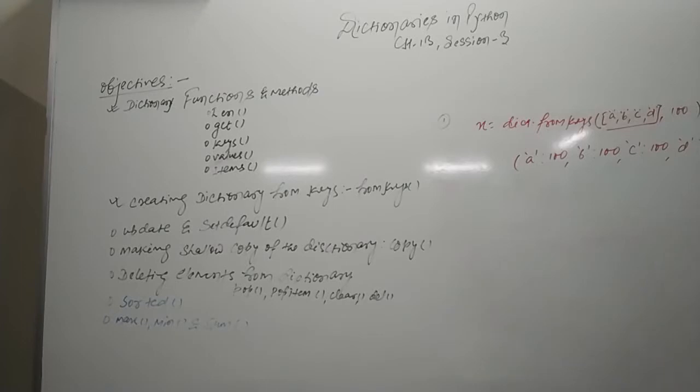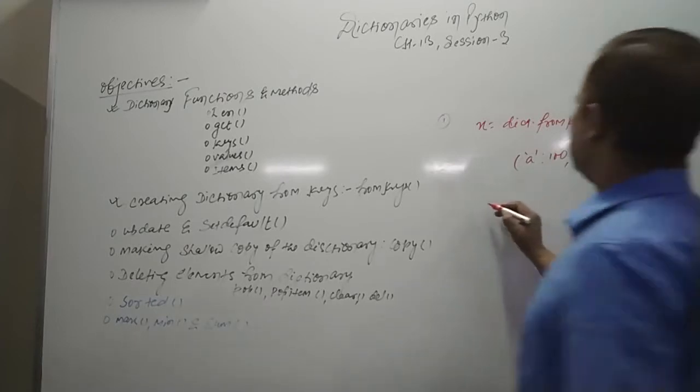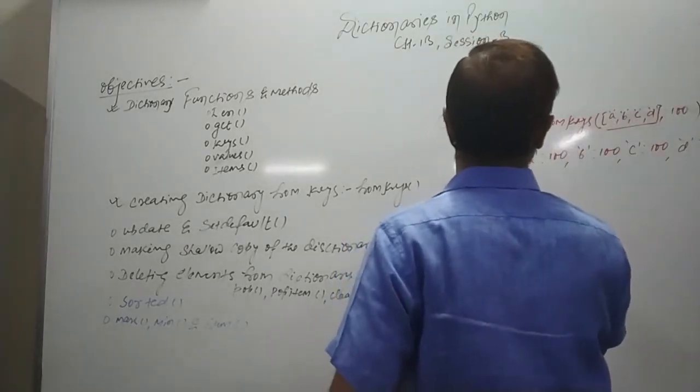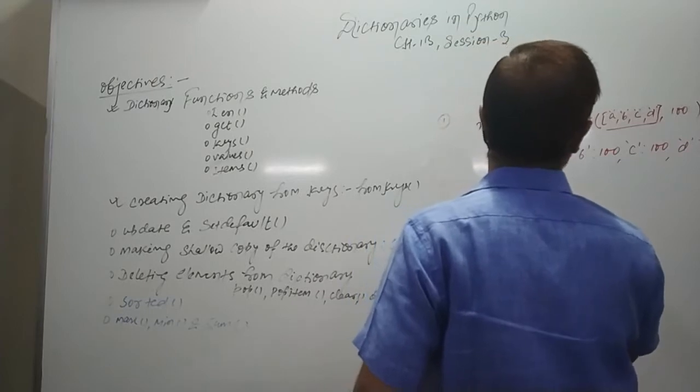Now the next application of this is if you want to create a dictionary which has only the keys but not the values, which means the value will be None. In that case you can simply use the parameter. Here I used the parameter as a list; now we have to use the parameter as a tuple. So in that case you have to use x equal to dict.fromkeys,